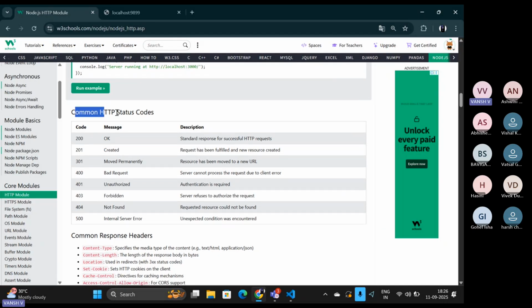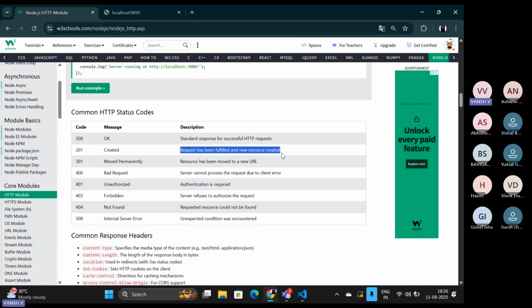There are common HTTP codes. 200 is used for OK message, a standard response for a successful HTTP request. 201 means your request has been fulfilled and a new resource created. 301 is moved permanently. The important ones are 200, 400 for bad request, 404 for not found error,